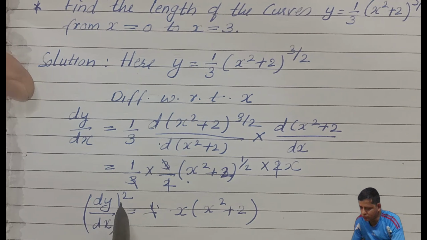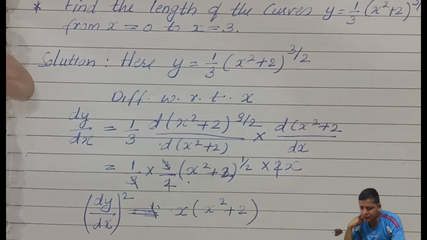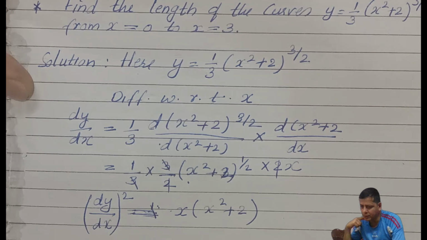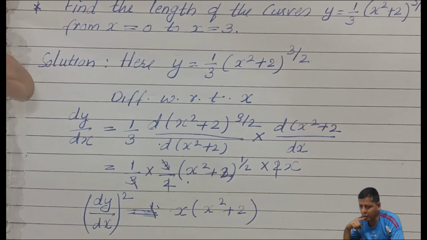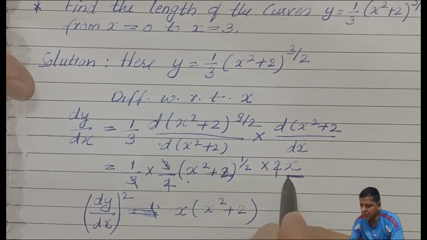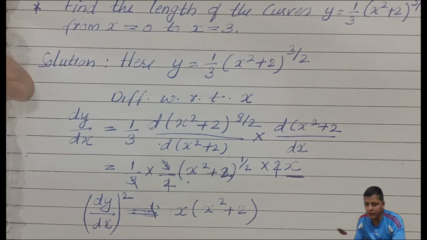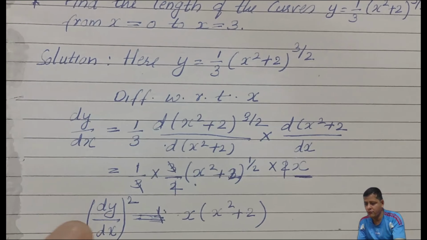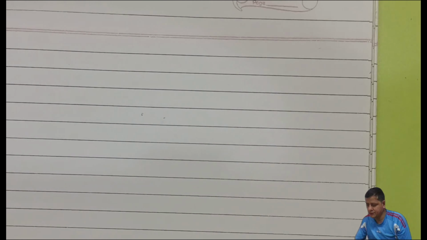Okay, so what we got is dy by dx to the power of 2 is equal to x into x square plus 2. Why did we get that? Because we know the formula we have to use now. We got dy by dx whole square value. So here this x was left, right? It is multiplication, so the square can come over here. So let's go for the simplification. This is the half problem solved. So now we have to solve the whole problem.